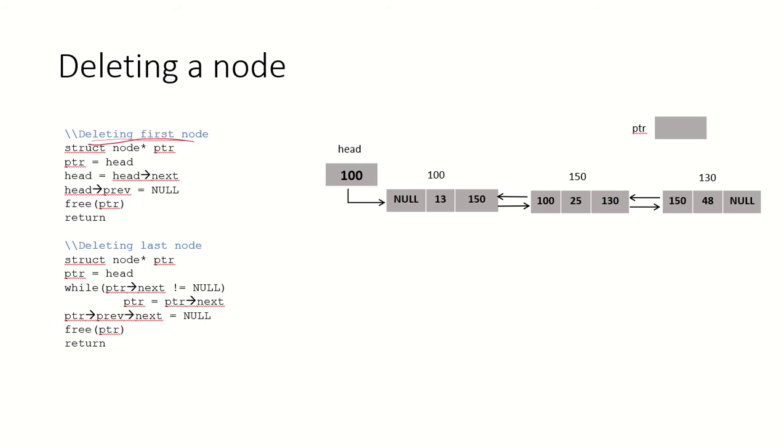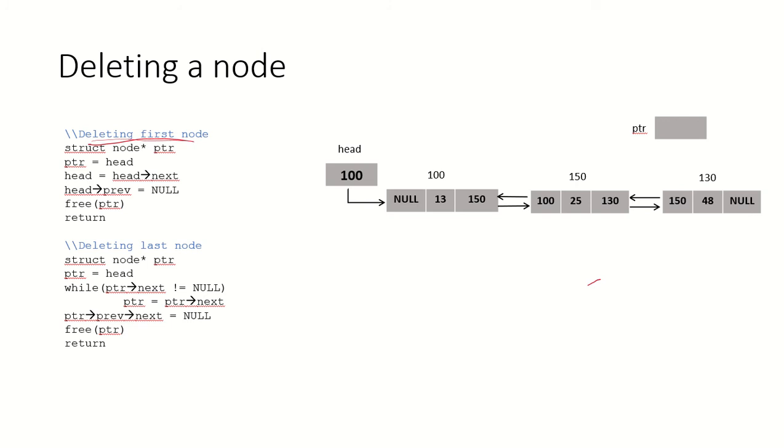First of all, you know that each node in a doubly linked list consists of three parts. One is the data part. Then it has a pointer to the previous node, let us call it prev. This is again a node pointer. And a pointer to the next node, let us call it node pointer next. So there are three parts to each node.